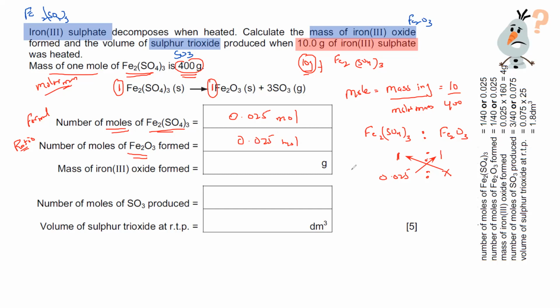Because the ratio is 1:1, so we'll get the same number of moles. So to solve the first part, we use a formula. To get the second part, we use a ratio. Now to get the third part, we need a mass. So how can we get the mass? To get the mass of iron 3 oxide,